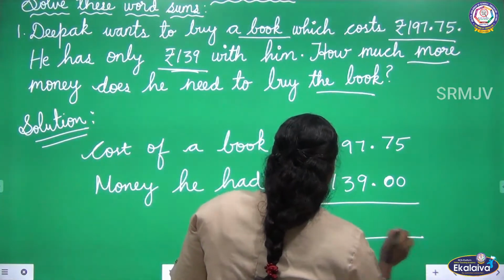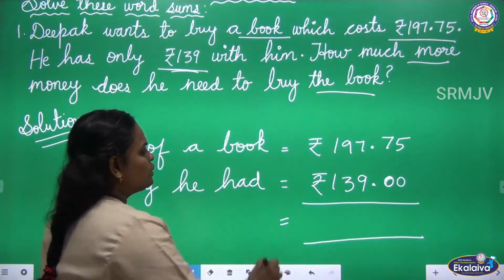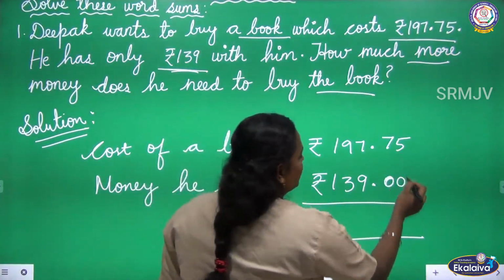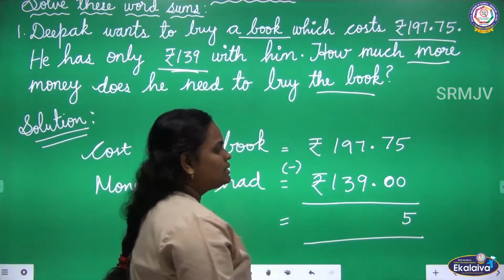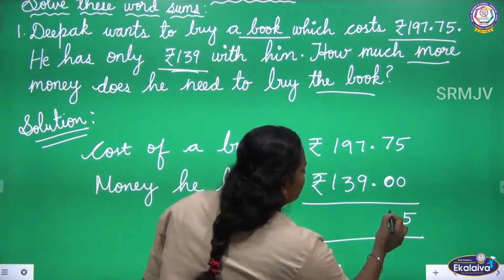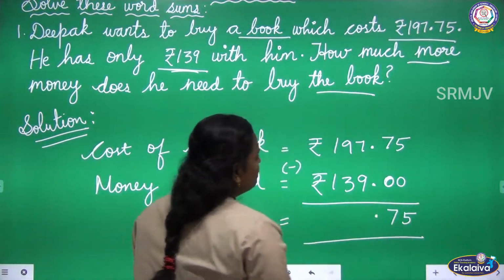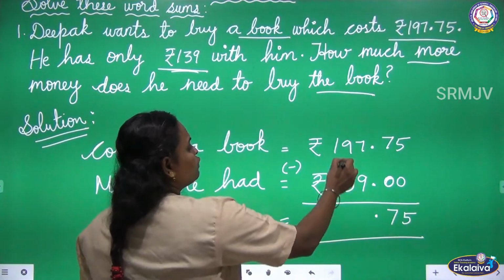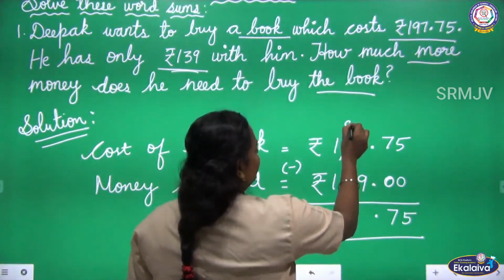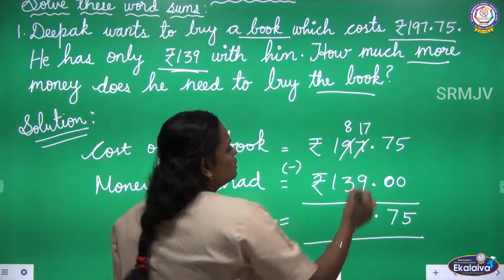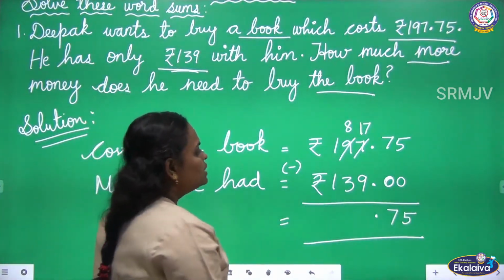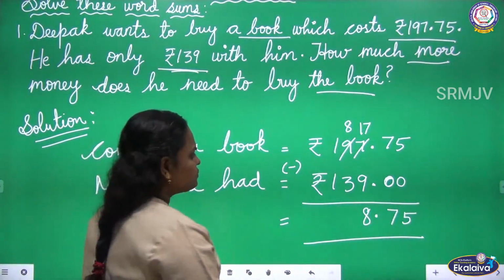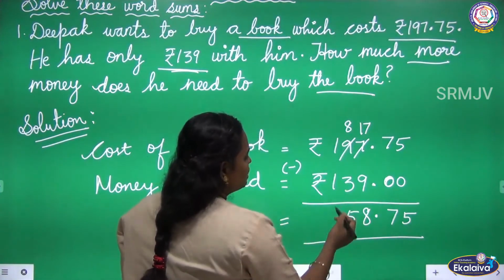So what we are going to do? We are going to subtract. Okay, so write subtraction symbol. So what is 5 minus 0? 5 minus 0 is 5. Next 7 minus 0 is 7. Then put the dot, that is decimal. Next, what is 7 minus 9? So this is smaller number. So we are going to borrow from 9. So 9 becomes 8. 7 becomes 17. So what is 17 minus 9, children? 17 minus 9 is 8. Next, 8 minus 3 is 5. So 1 minus 1 is 0.